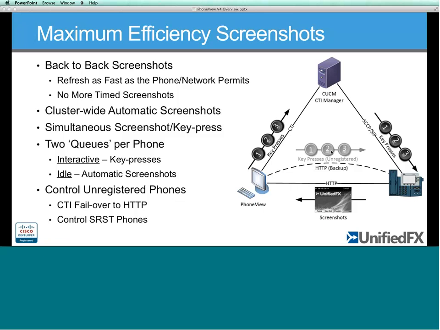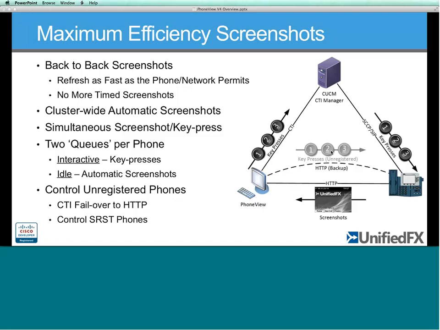You scroll down to look at a different 3 phones, it'll start refreshing those 3 and it'll stop doing the other ones because they're not visible, so no point refreshing them. So it's almost like the screen view within PhoneView is just a window that you can slide and move around and look at different aspects of your phone estate and have a real-time view of those devices. So because of that, it means that it's really real-time in terms of just the entire estate that you're looking at, and it's only a single mouse click to enable, so you don't have to individually work your way through